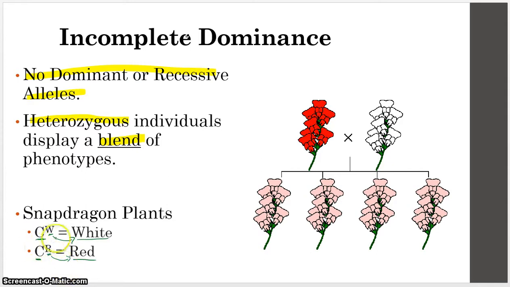Okay, so if we have a red snapdragon plant, that means that this one's genotype must be CR CR. So it's homozygous for the red gene. Excuse me, the red phenotype. If we have a white snapdragon plant, then it must be CW and CW. So it is homozygous for the white phenotype. Now, if we crossed these, then every single one of the offspring would end up with the genotype